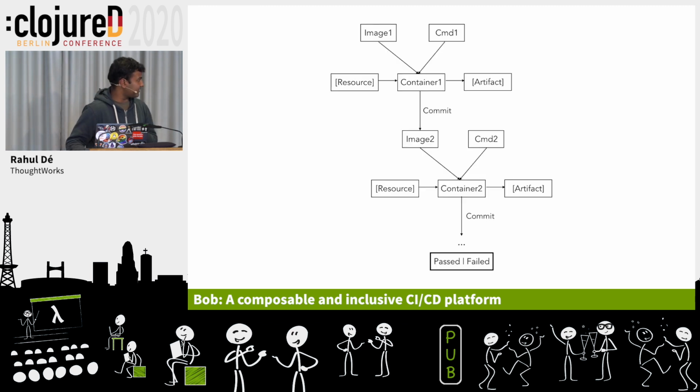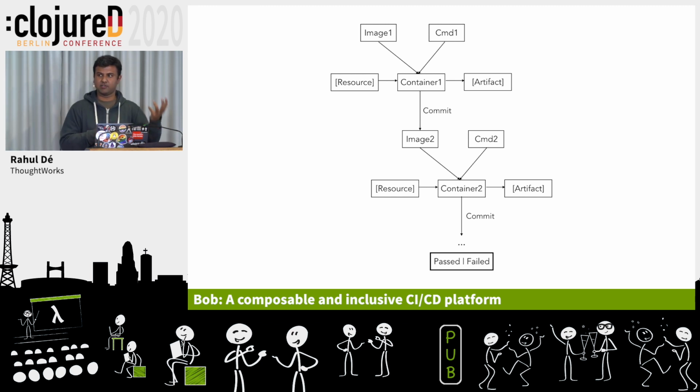So if you simplify that down further, abusing Docker as a build system, Bob sits comfortably on top of Docker and completely uses it as a build system. Right? So this is one creative use of Docker that I found. If you think of it, you start with an image, you take a command, and then you create a container from it, and then you apply the resource to get an artifact. And then you just repeat it.